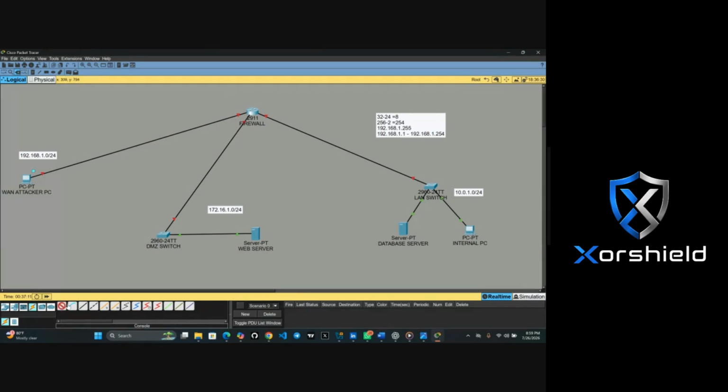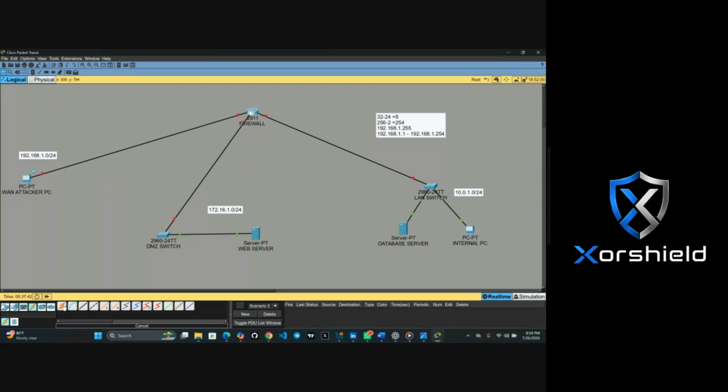So now, the next thing we are going to do is all these: 192.168.1.0, 172.16.1.0, and this last one, they are just network addresses. That's why whenever you want to configure a router, we normally use 192.168.1.1 as our default gateway most times.